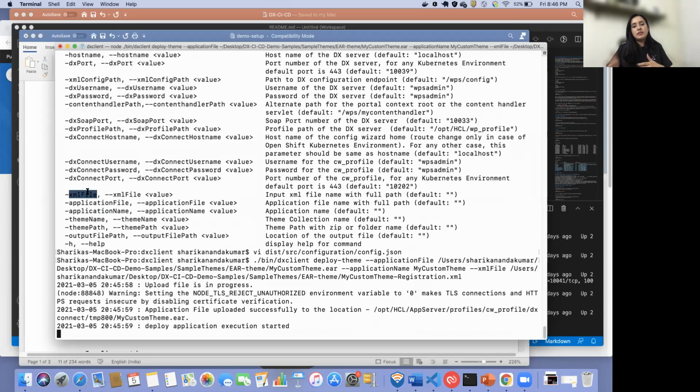So what this does is it combines all the processes that you do, like install the application, set up the app manager, start it, and then register it, all together in a single command. While this is running, this might take some time. I will also show you some samples that are there.